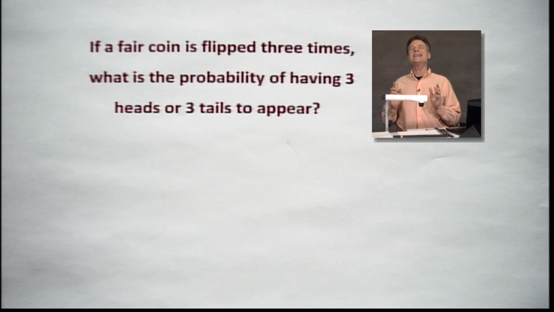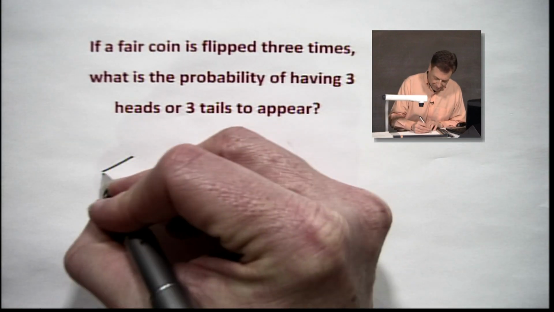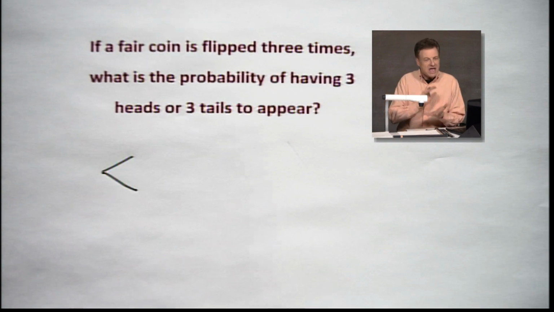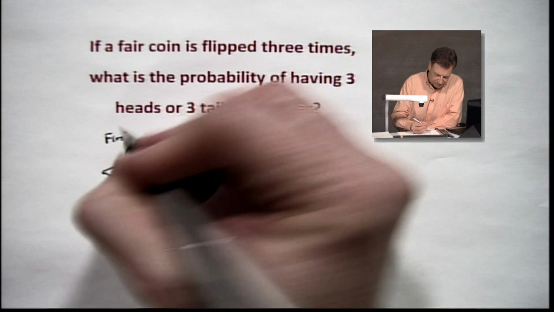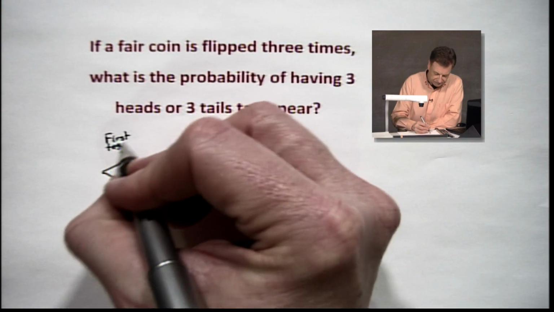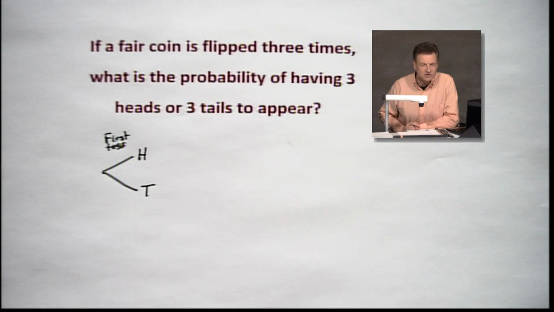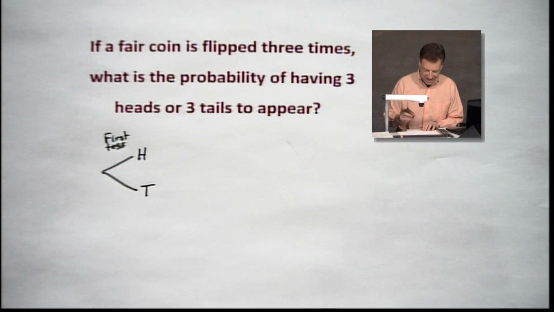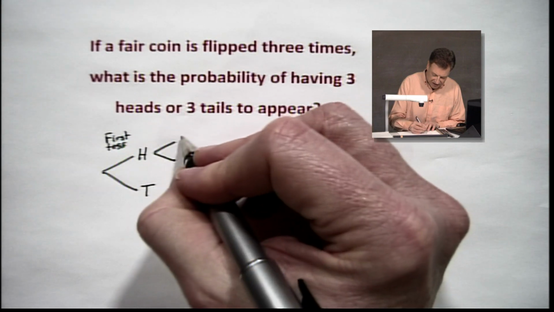Storyline. I like to do tree diagrams when we have a probability problem. On our first toss, I want to point out to you, this is going to be our first flip. First toss. We have 2 options. We could go heads or tails. You say, well, Ernie, what do you mean by tree diagram? Well, these are like little branches. Somewhere out there, there's a trunk, all right? And we're going to continue these branches on out here.